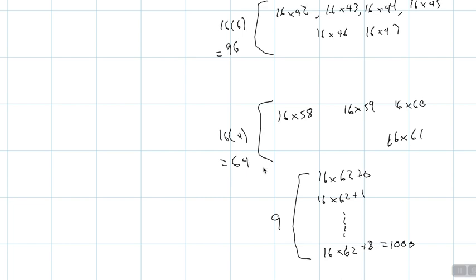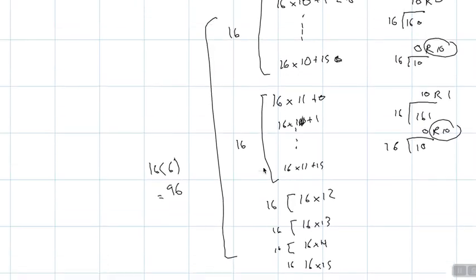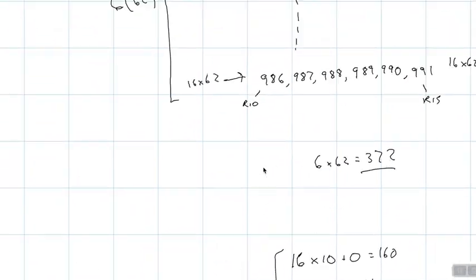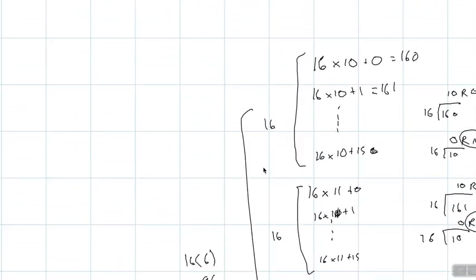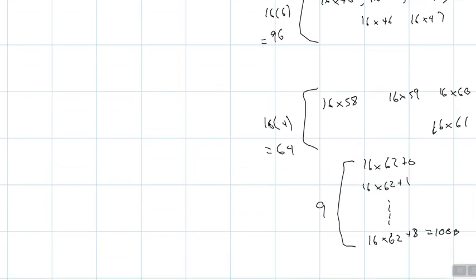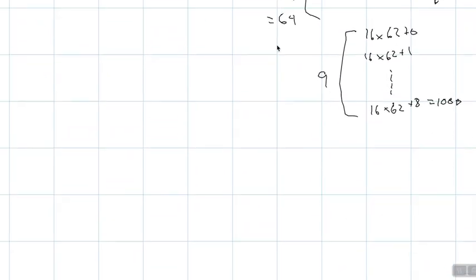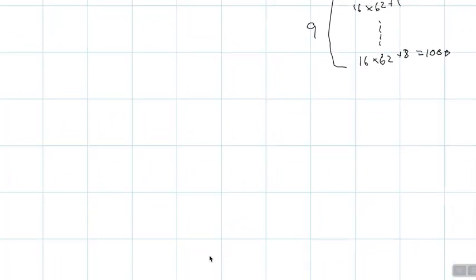So from this list, we have 16 times 6, 16 times 6, 16 times 6, plus 16 times 4 plus 9. So all of those added together, we said 16 times 6 is 96. So it's 96 plus 96 plus 96 plus 16 times 4, which is 64, plus 9 is 361 from this